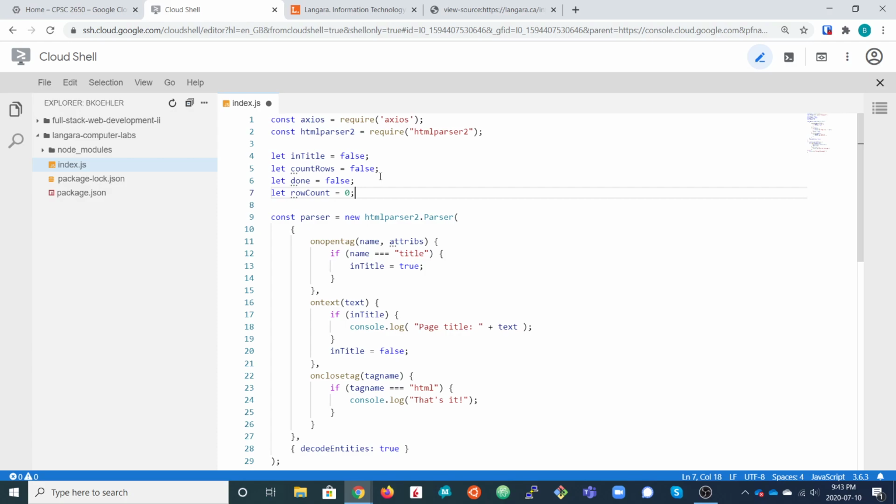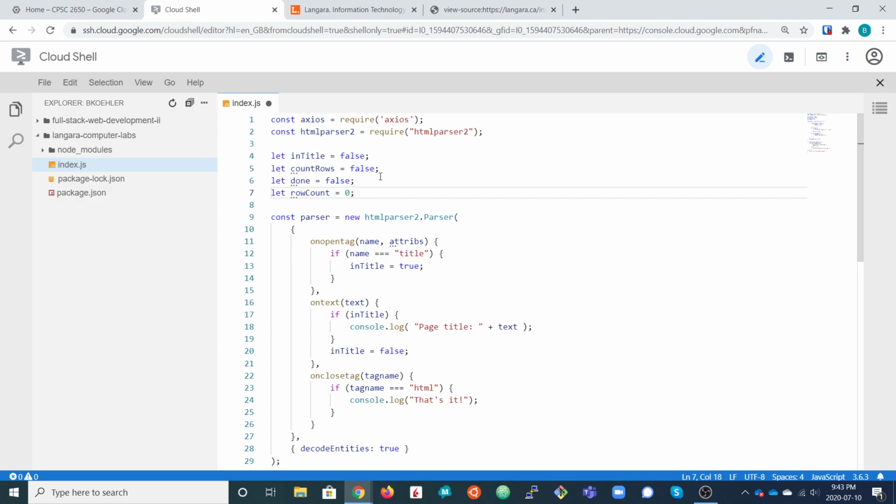So normally when we encounter a TR tag, we are not counting the rows until we are in the correct table. And also we know there are multiple tables in this page, with all the classrooms, the meeting rooms, the lecture theaters, and so on.